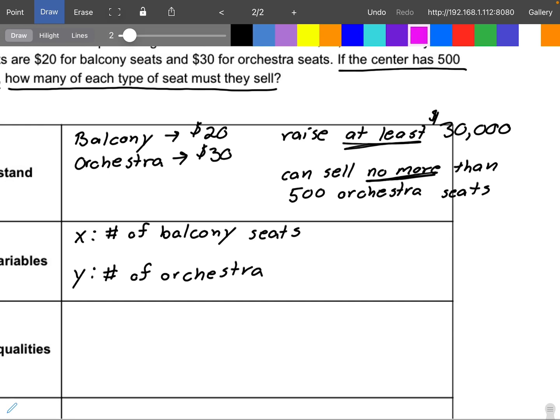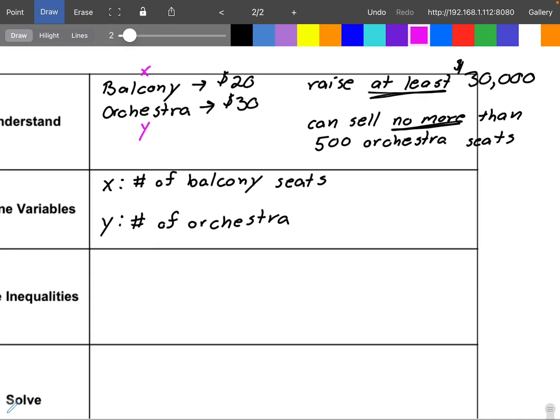Okay, so remember, balcony is X, orchestra is Y. So we're going to start with that for our first equation. So we know that we want to raise at least $30,000. That's my total. That's the smallest total I want to have. Therefore, since balcony seats cost $20 each, we're going to have 20X, plus orchestra seats are $30 each, so 30Y. And that could equal 30,000,